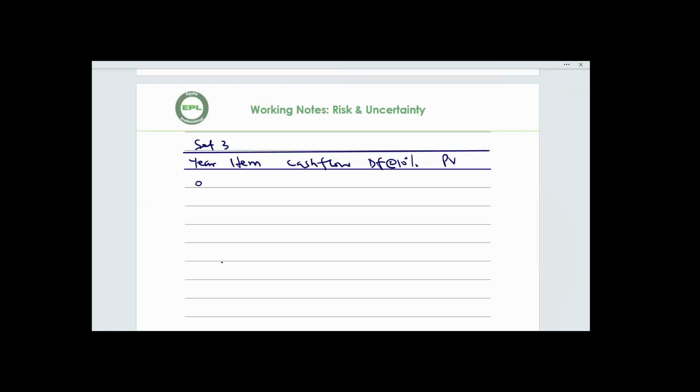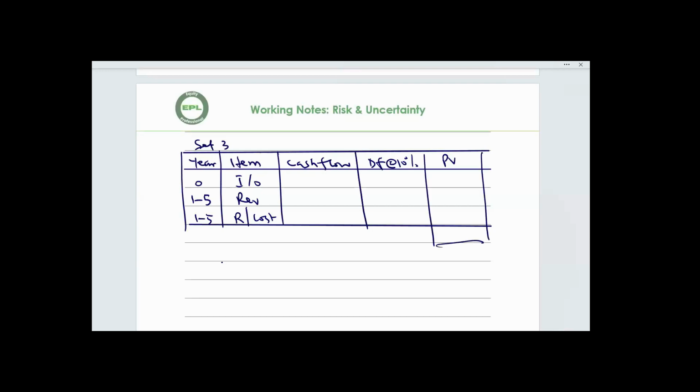Present value. Year 0, year 1 to 5. Here is initial outlay. Here is revenue. Here is running cost. Okay. So initial outlay is 800,000. Revenue,